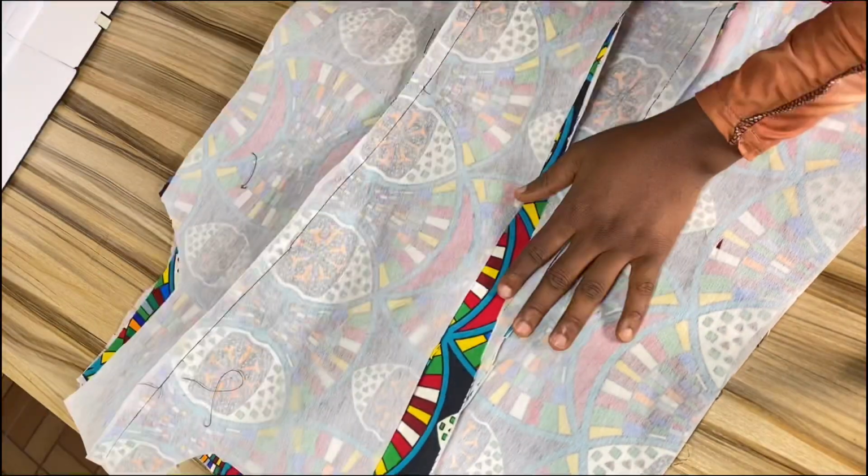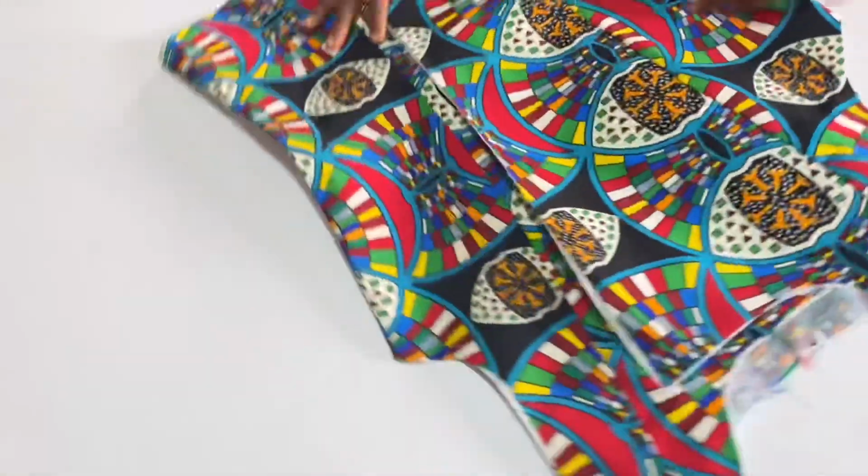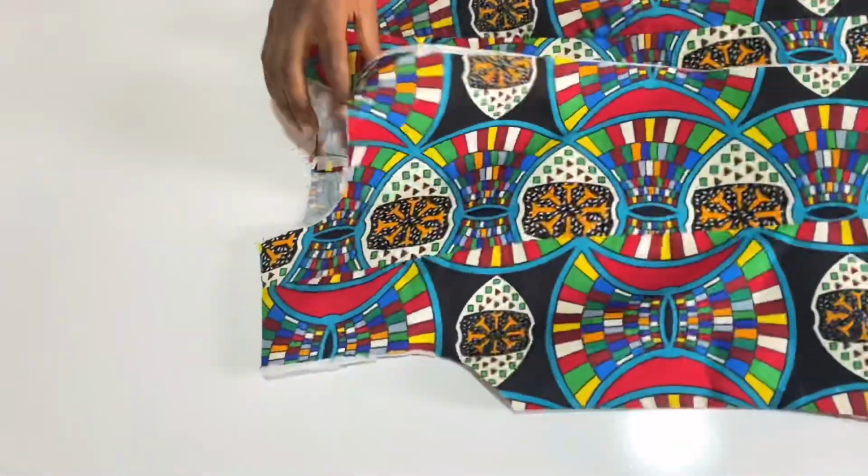I'll do the same thing to the other side, and I'll bring it back when I'm done. So guys, this is it. I've gone ahead to join the shoulders and also the sides, and I've gone ahead to iron this. You can see it looking very fine. So guys, please take note